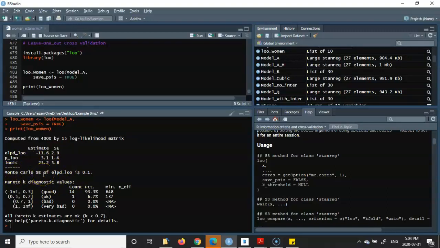For example, the Monte Carlo standard error that we have. Also, we have something like the Pareto K diagnostics from the PSIS method. You see that it says on its own the model analysis works fine. Why? Because, as you saw before, when K, the shape parameter of your Pareto distribution,